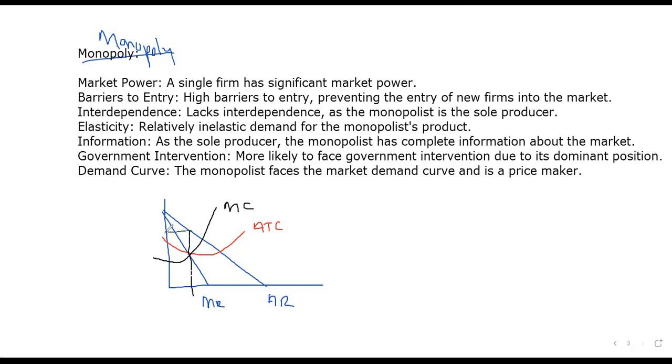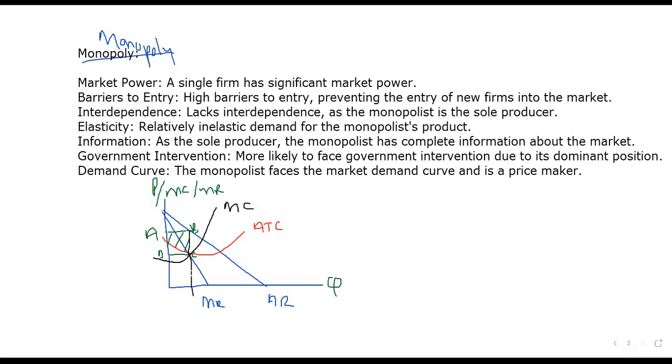Then we have what? Triangle here. It's called our abnormal profits, A, B, C, and D. The price or the MC or the MR on this quadrant, and the quantity is here. All right, so this is about a monopoly. A monopoly. The best example we should have is this. That is a monopoly that we have in our cycles.